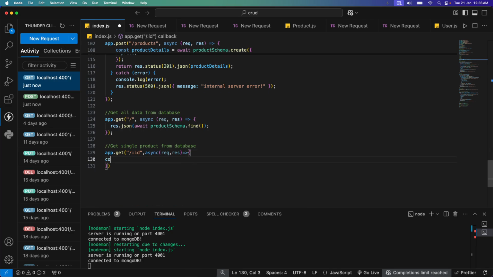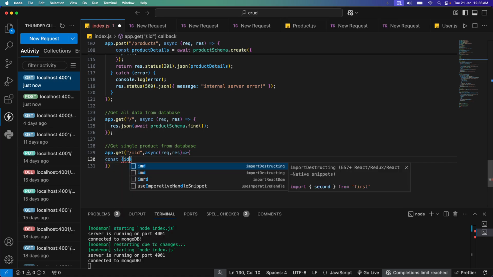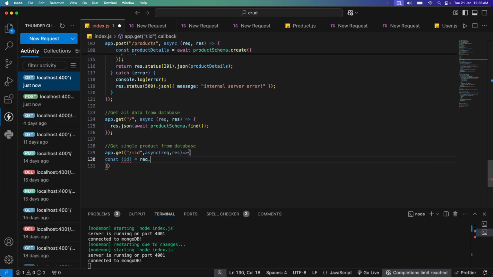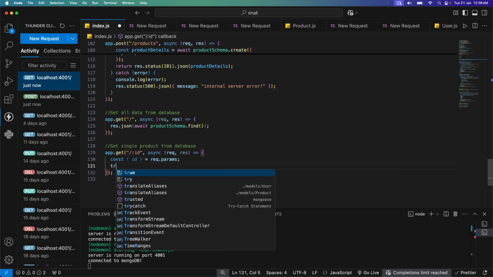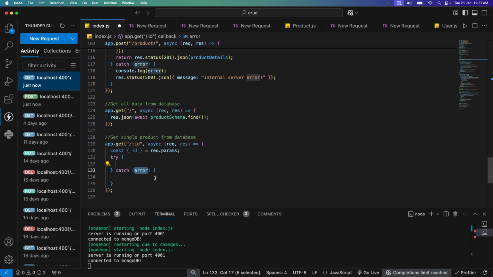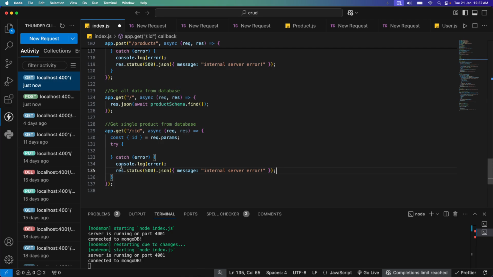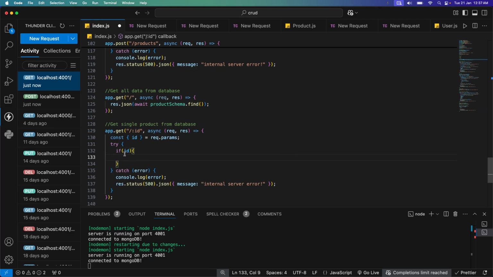request.params, right? So you can start writing const id equal to request.params. If you do this, you can fetch the endpoint of any url. And as I said, we are sending the unique id of the product inside the url endpoint, right? So the catch error will be the same. You can copy the previous one and paste it here, right? Now inside the try catch,